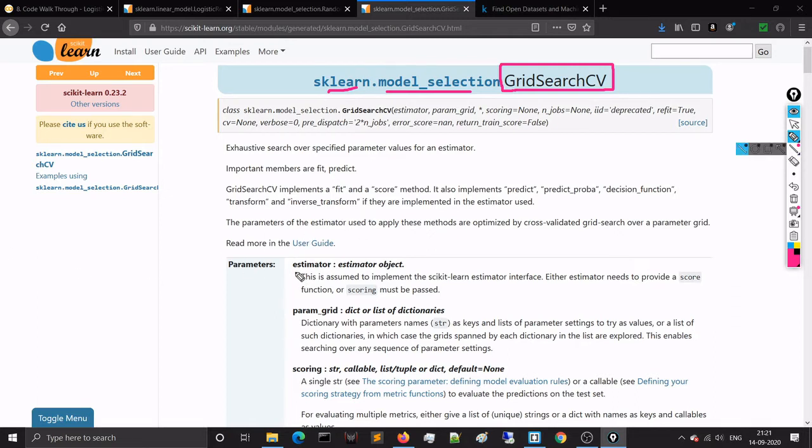The first parameter in GridSearchCV is estimator. Estimator is nothing but the model you want to use. For the sake of this video, our estimator will be logistic regression. Param grid is where we provide the hyperparameter values, the values of lambda. And scoring is the metric by which we want to score. Either we can use accuracy or other classification metrics like F1 score, precision, recall, anything. If you don't know what F1 score, precision and recall are, I'll have a separate video on classification metrics. But for the time being, we'll focus on accuracy.